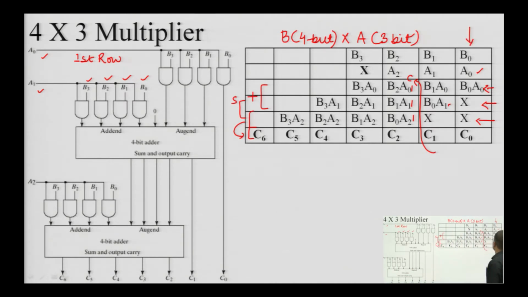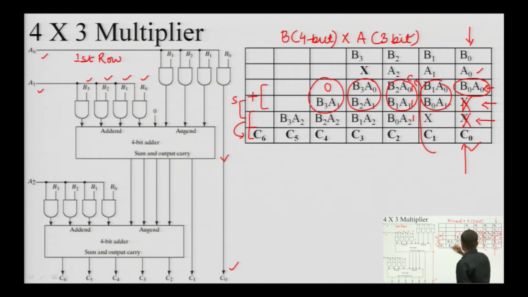And then from this section we can see that in this column this A naught B naught product has to be added with nothing. So, we can see that there is nothing here, there is nothing here, that means this can be considered as the part of my multiplication result. So, this can be seen here that this A naught B naught thing is appearing as this C naught, the LSB of the multiplication result. Okay. Similarly, we can see that now these 2 things are to be added, these 2 things are to be added, these 2 things are to be added, and there might be a carry, and in the initial stage there is no carry. So, this can be considered as 0.